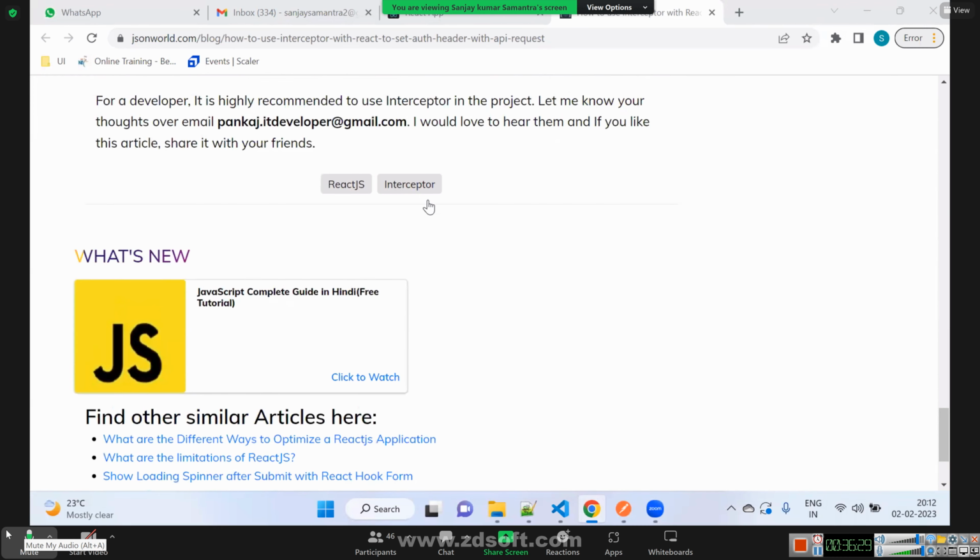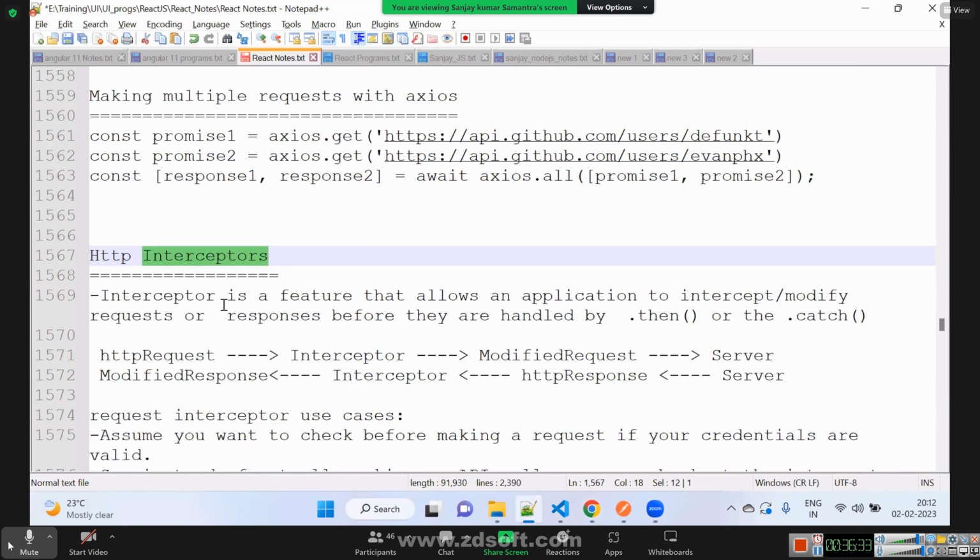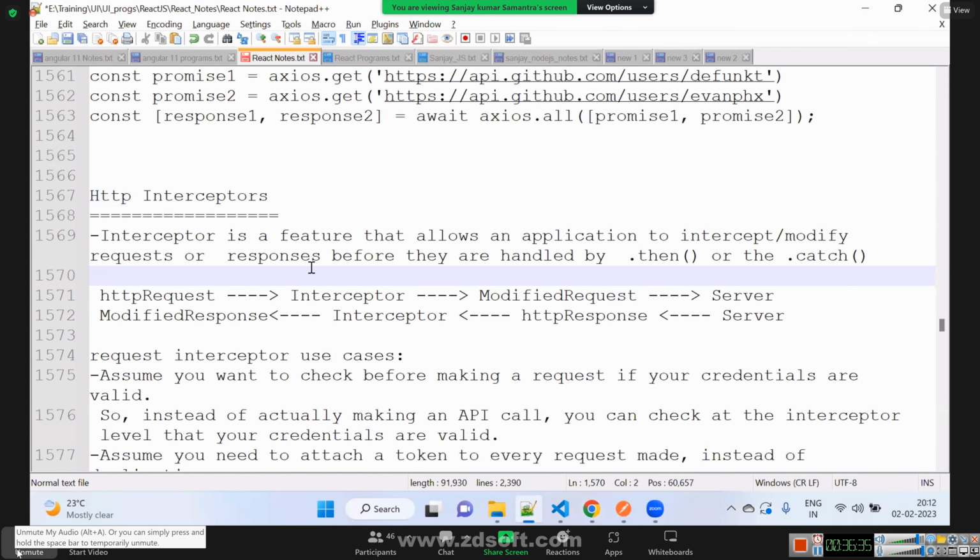That session ID can be passed through this interceptor. Correct. So let's understand what an interceptor is.